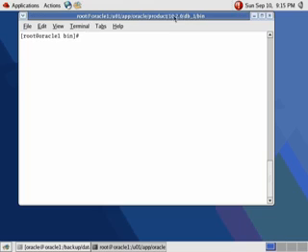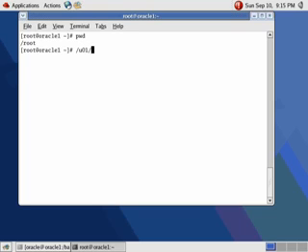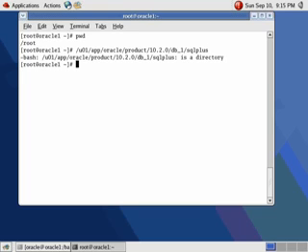Let's say if you want to run /u01/app/oracle/product/12.2/db/bin/sqlplus. If you want to execute this command,